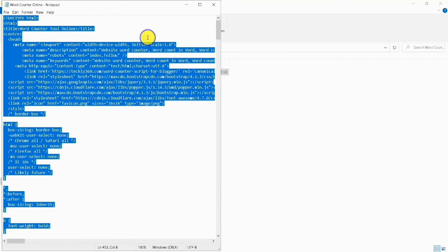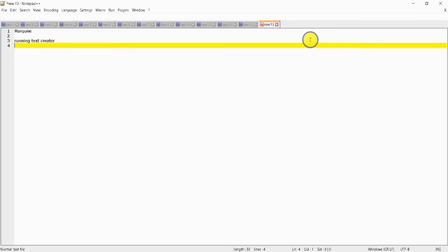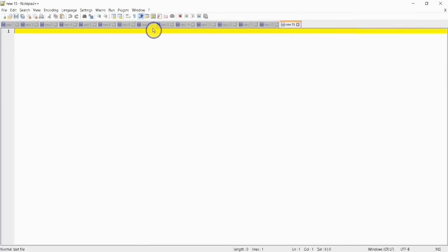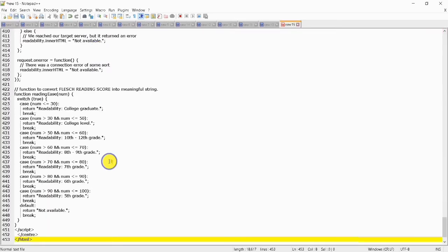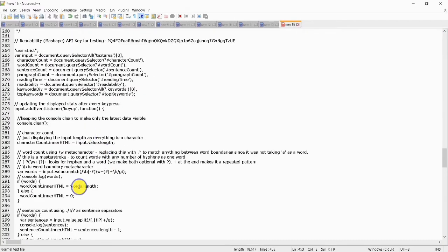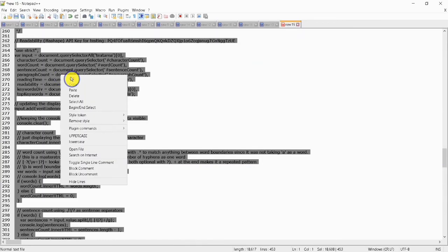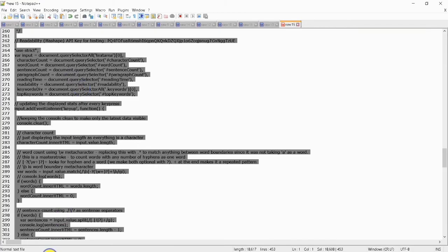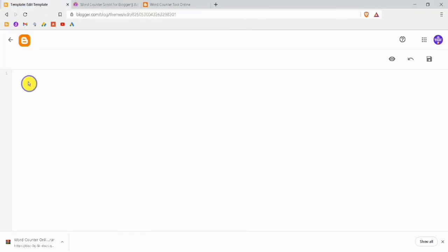After selecting and copying, open your Notepad++. I will cut this window and open Notepad++. After opening Notepad++, create a new page and paste all that code here. After pasting this code, you want to copy all this code again. After copying this code, you want to go to edit HTML and paste that code here.